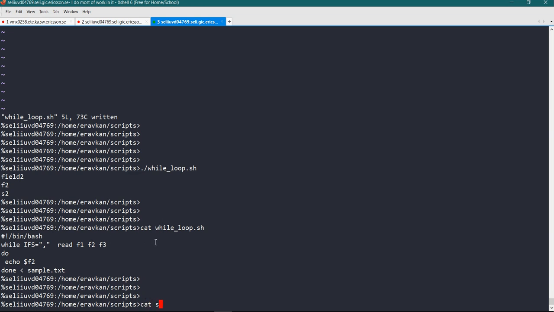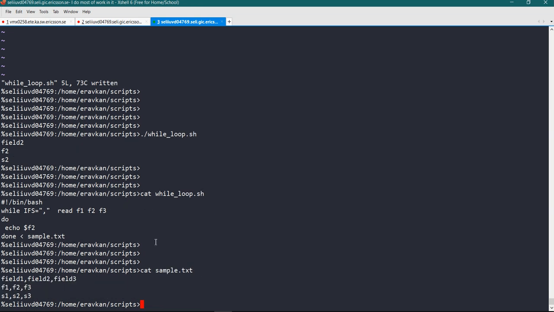So this is the significance of IFS. I need to specify how my fields are separated, whether by a comma or by space. So this was all about the while loop, and why we use the while loop and when it is better than the for loop.